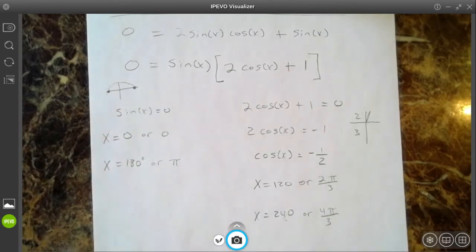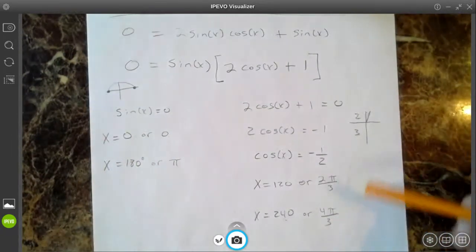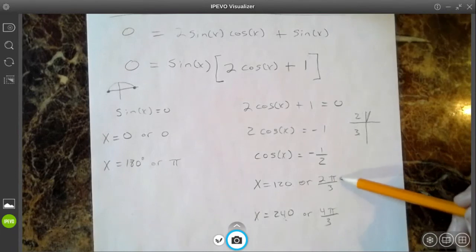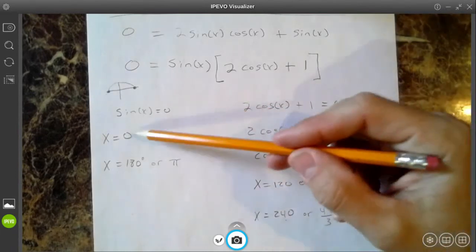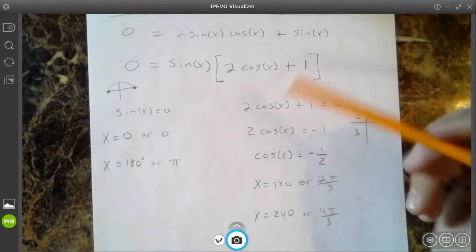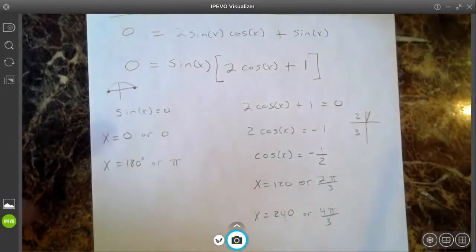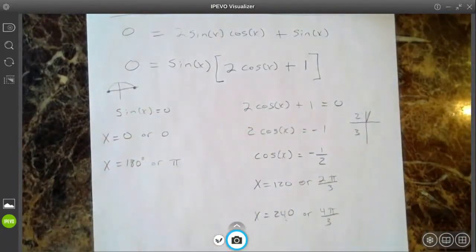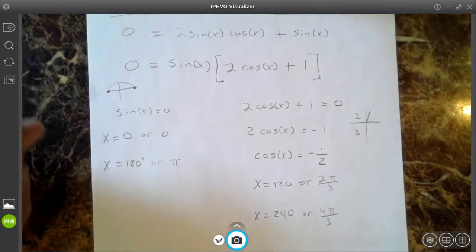Okay. And those same rules where you do plus or minus 2 pi n or plus or minus 360 would still apply here if you wanted to talk about all the solutions, right? But these are only the solutions between 0